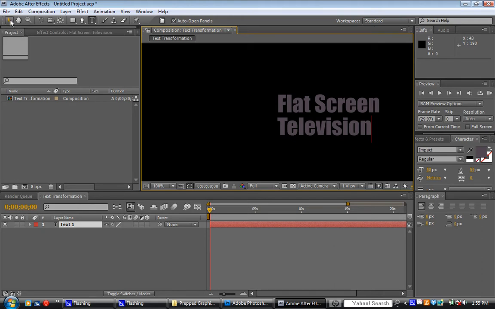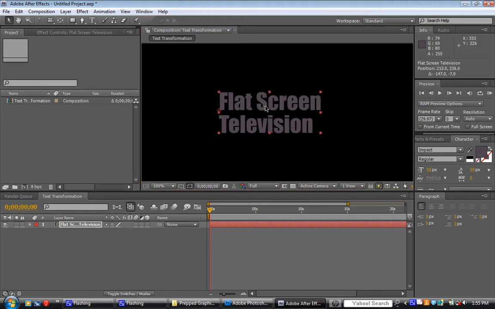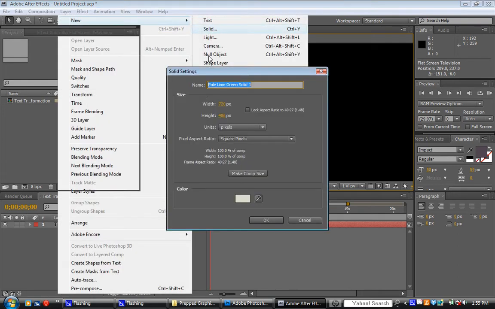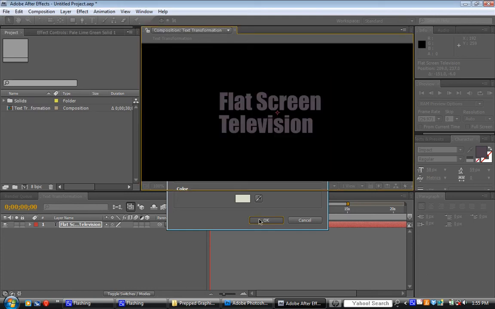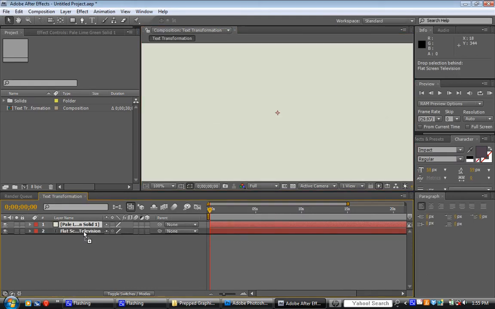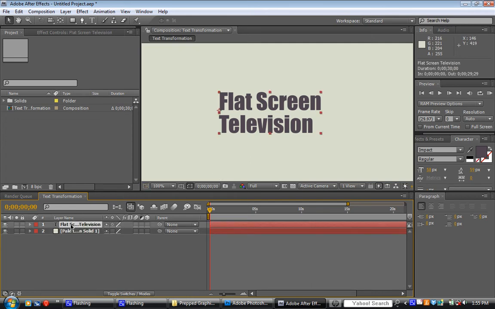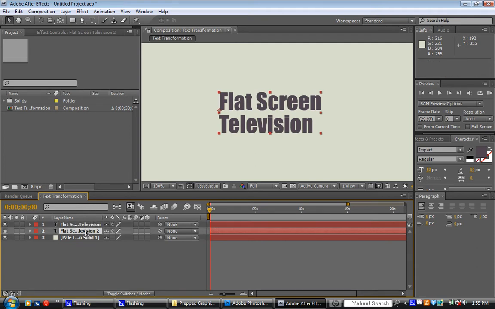Okay. So here's one layer, and I'm going to go ahead and put a solid layer behind it. We're going to use the same effect that we did last time with the virtual floor, which we'll do here in a minute. But first thing I'm going to do is copy this layer by hitting Control D to duplicate, and I'm going to drag the duplicated layer down, press Enter, and change this to